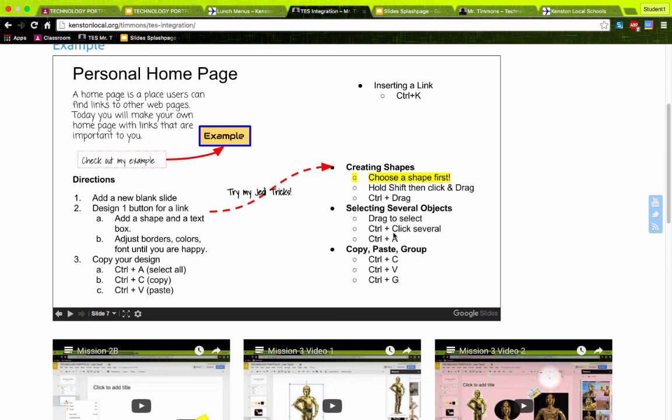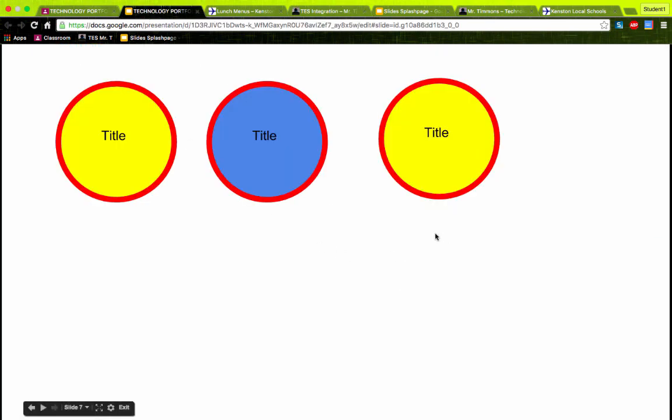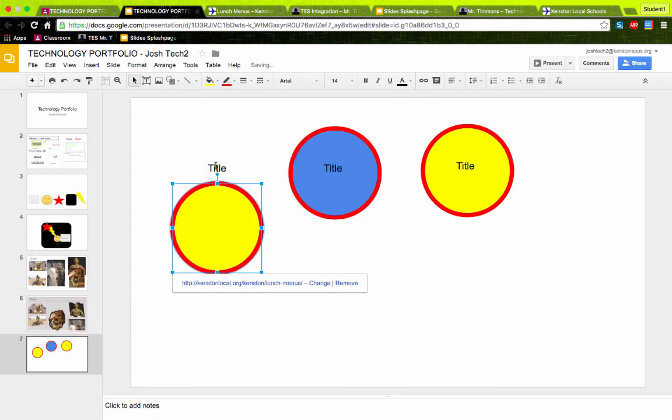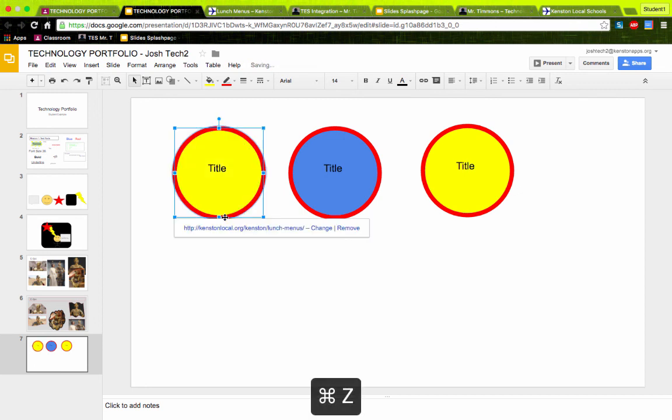Trying to see if anything else I need to. The grouping, ungrouping is probably not necessary, but you can practice that if you want to try these keyboard shortcuts. To group an object, I'll show you quickly what that does. If I grab this circle and move it, the text box doesn't go with it. And so if I think I'm totally done with the button, what I can do